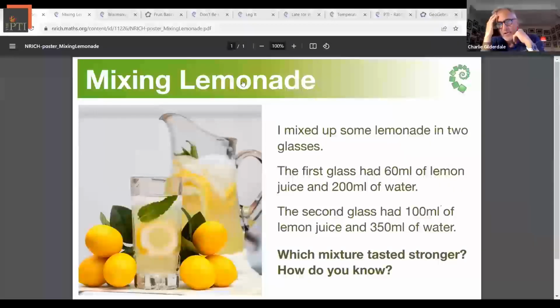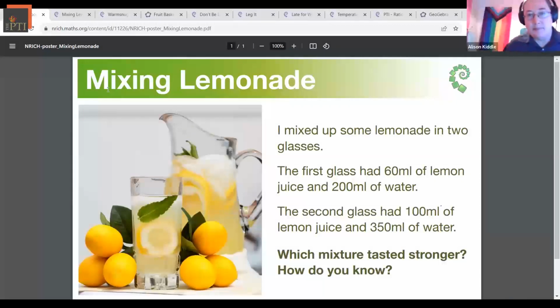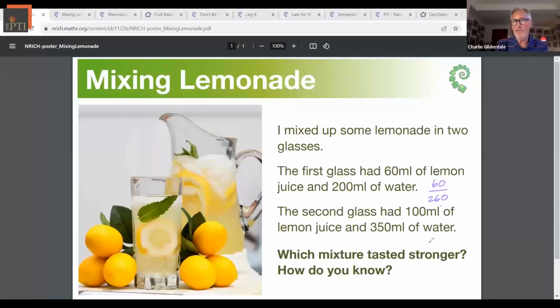Before you do that, Alison, can we look at the fraction? Because we didn't talk about the fraction. Okay. Yeah, of course. Because again, that's quite nice, isn't it? If you think about what fraction of the total is lemon, so you've got 60. So 60 out of 260. Yes, and lemon. Of course, some students might be tempted to write 60 over 200. So 60 over 260 is the same as